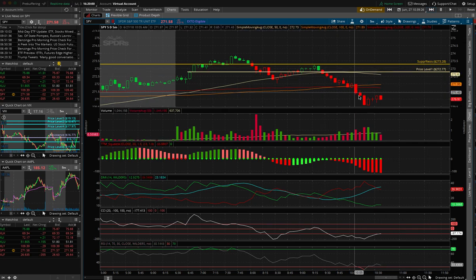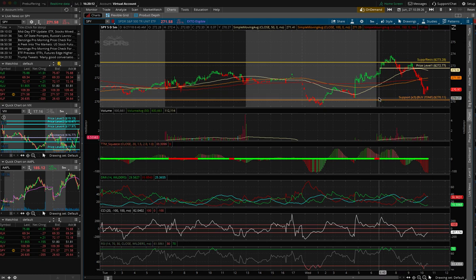And guess what? It's going all the way back down to that strong support again from hitting that resistance. Okay, if you guys know where your strong support and where your strong resistance is, you can make these trades. You could make these calls from here and these puts from here and make money both ways,